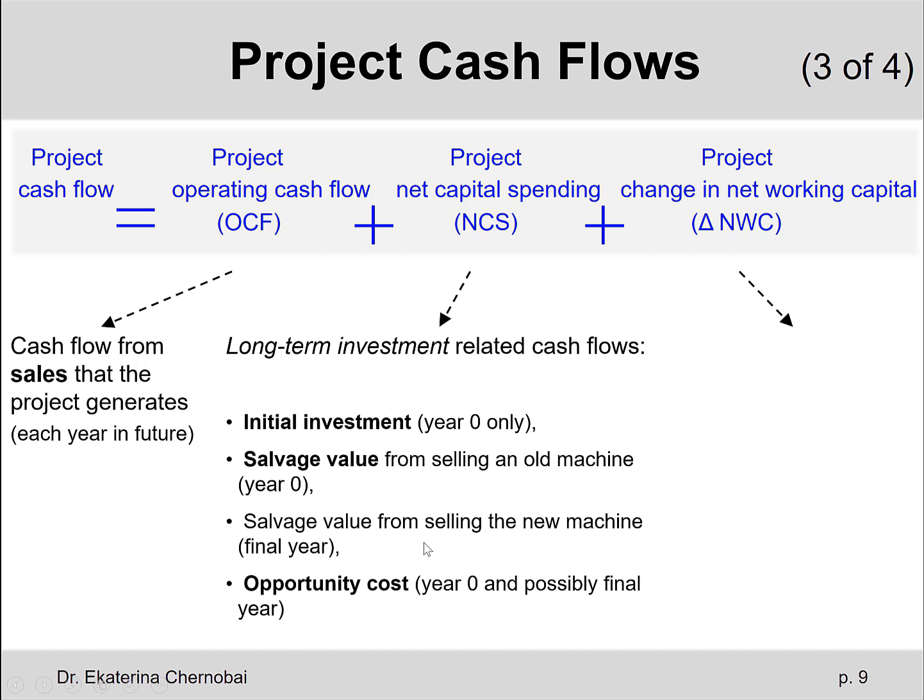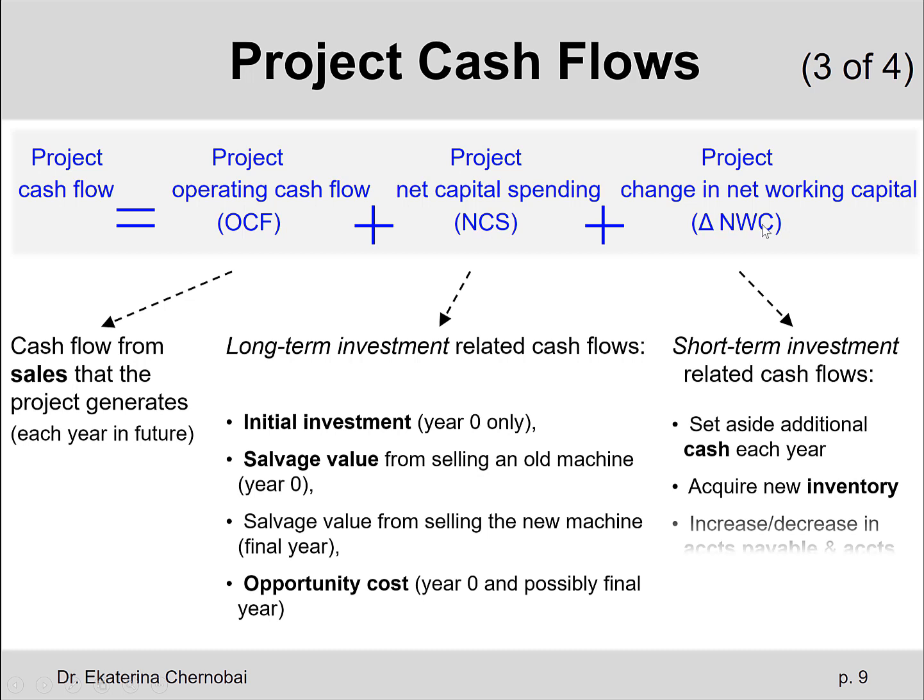There are a couple other things that belong in this category, such as opportunity cost, but like I already mentioned earlier, we are not going to be looking at something so complicated, like some alternative investment and how much you could have made there, how much you could have spent there.